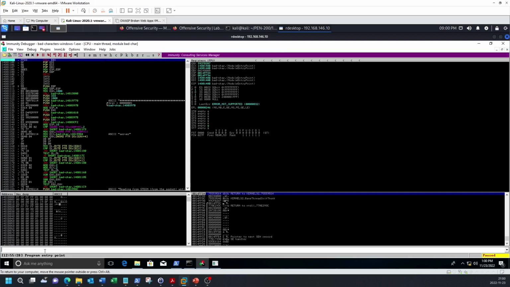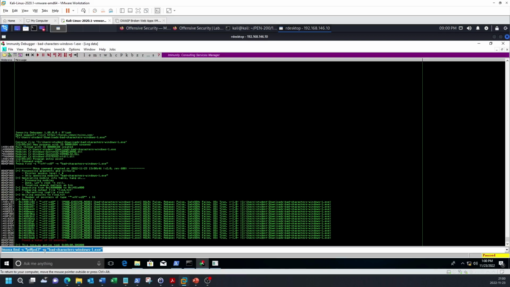So, go down to the bottom and type in !Mona space find space -s space double quote \xff\xd3 double quote space -m space double quote, then the file name badcharacters windows -1.exe double quote and press enter. This shows 16 results, and in theory we might need to inspect them all. However, in this case that's not necessary.